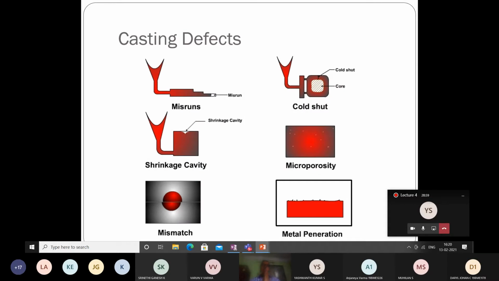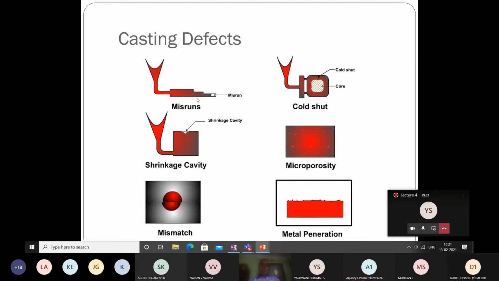So now what are the various casting defects? These are some of the defects. I'll go through all the defects; there are many, but diagrams are available only for these 6 types. So what is misrun? For example, this is the cavity. The cavity is unfilled, and that is a casting defect. Now we are pouring the metal, and for some reason the cavity is filled up to this portion, and this small portion is not filled. That's why it is called misrun.